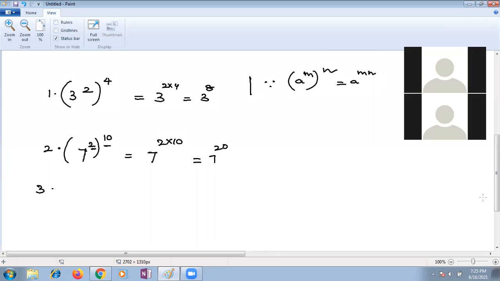Jagruti, please respond. Ma'am, why is one power in the bracket and one power out? Yes, ma'am, I also got the same doubt. Yes, what, Sai Kartikeya? Ritvik, what is your doubt? One power is in the bracket and one power is out. That is because if you keep it outside, then it will look like 7 power 210. But if you keep it inside the bracket, then you'll come to know that you have to multiply.